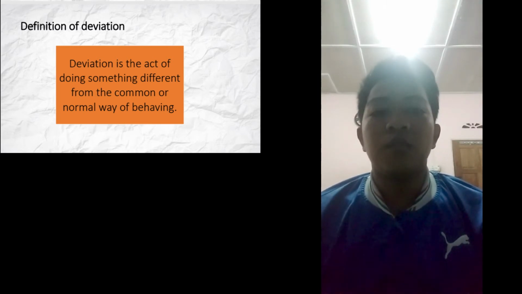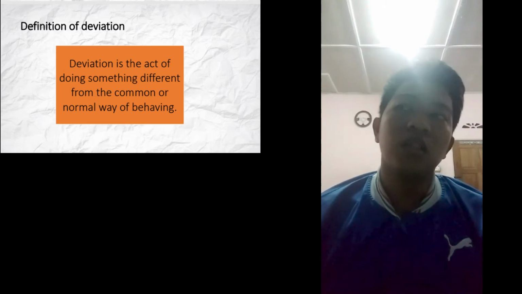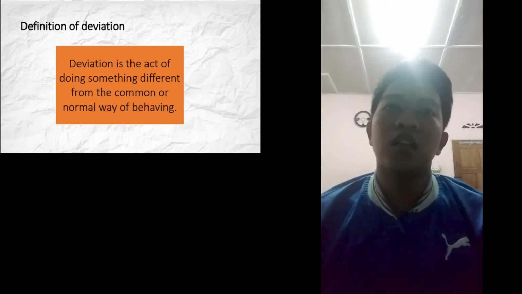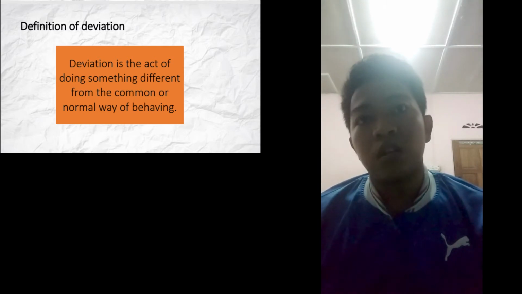Radial deviation means that the wrist performs abduction, or moves the hand in a direction toward the body,